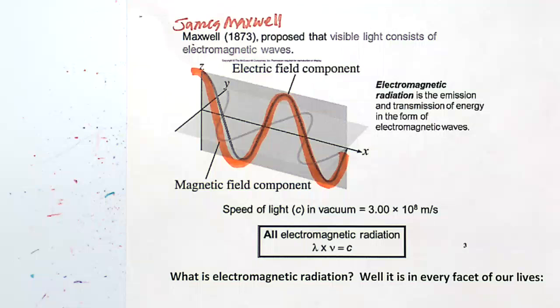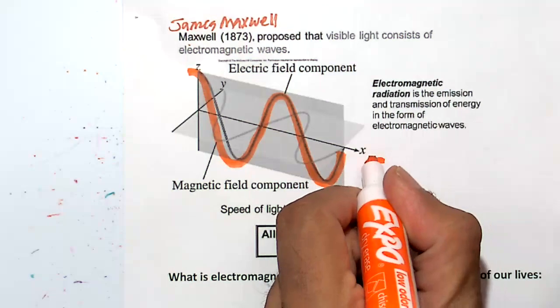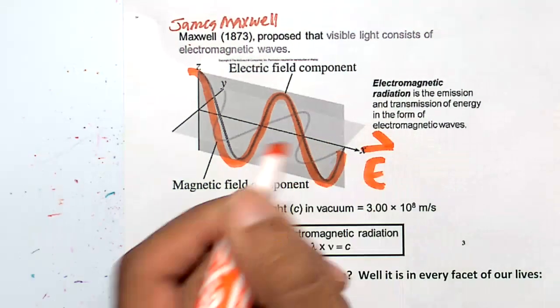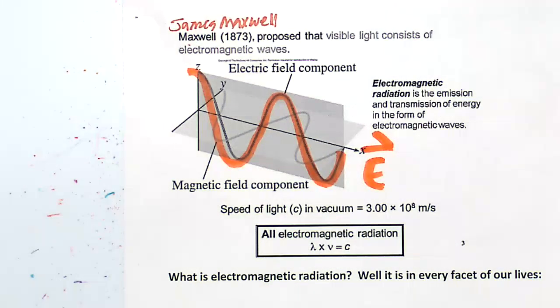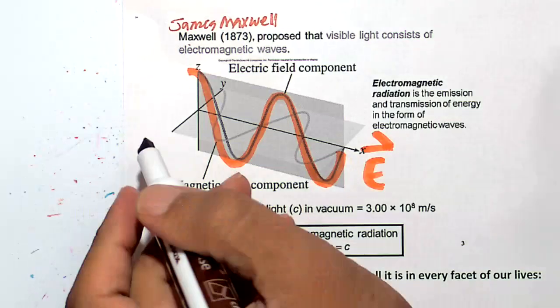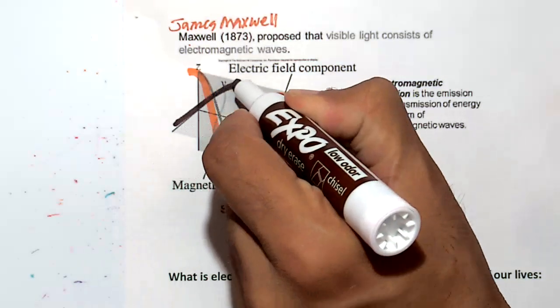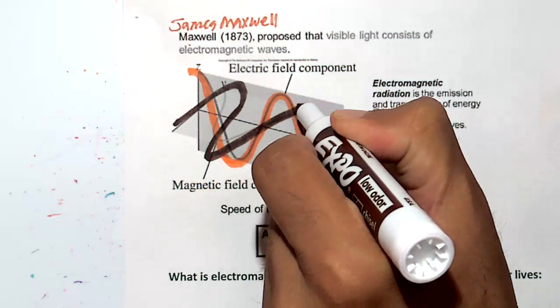I'm going to call that E with a little arrow above it, which means it's a vector. You don't have to know that because you'll see it in physics class. Traveling perpendicularly to it, at a 90-degree angle,